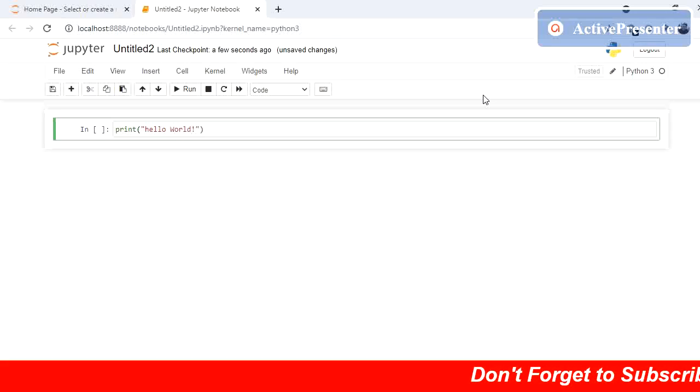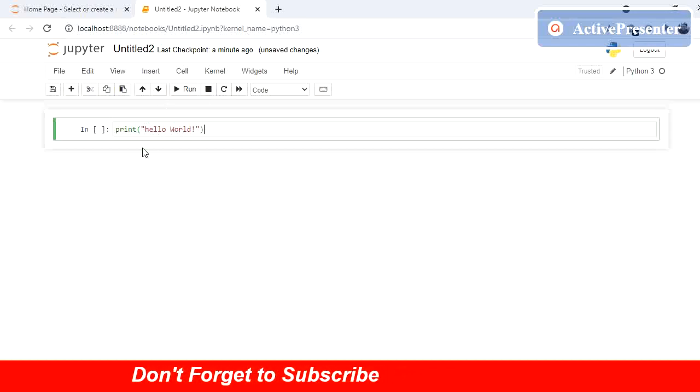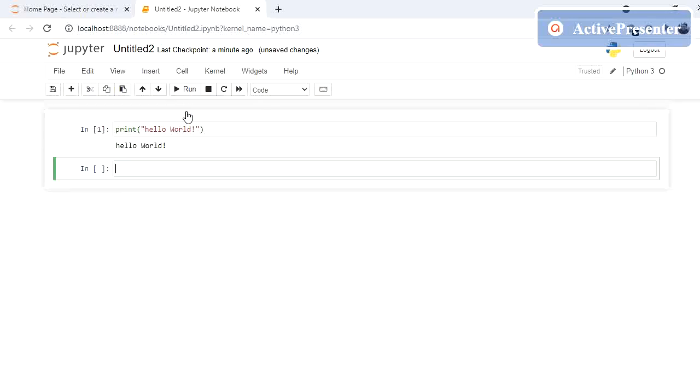Whatever I'm writing inside these double quotes is just a string that I want to print, nothing else. Now, how to see if this is running or not? You have to press this run button here. If you press it, it will print hello world.